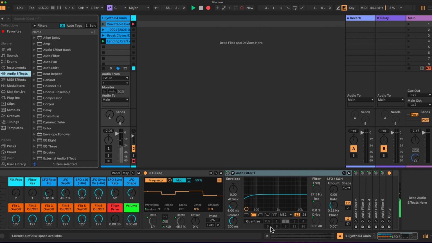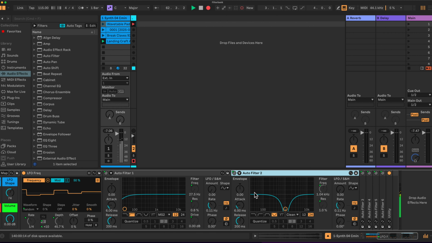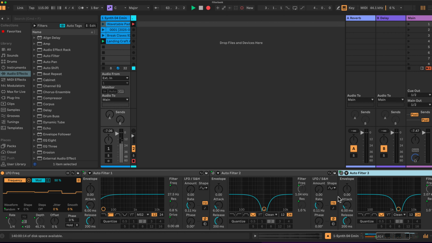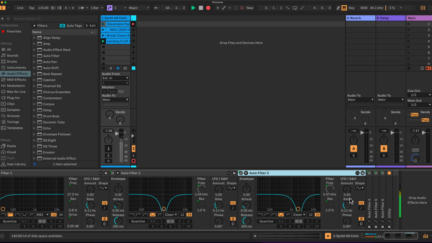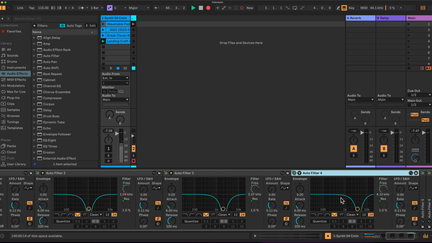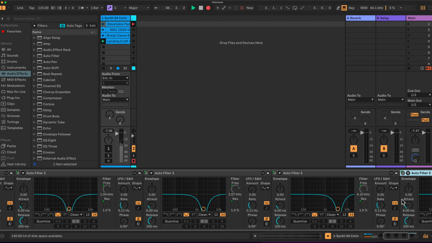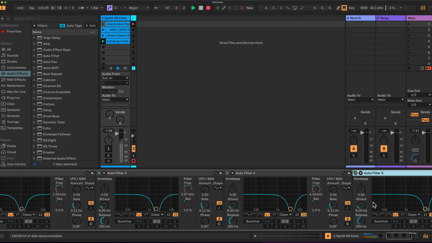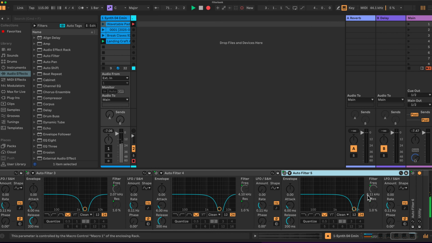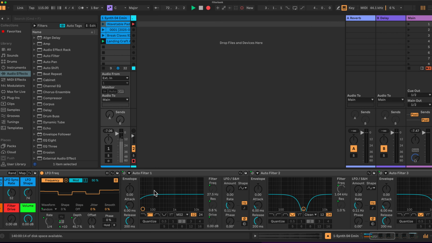So here we have a high pass filter on filter 1. On filter 2 we have a notch. Filter 3 we have another notch filter. Filter 4 again a notch. 5 another notch. So we have these 4 notch filters moving. If you look here at the frequency, 1000 here, 2000 here, 4000 here, 8000,